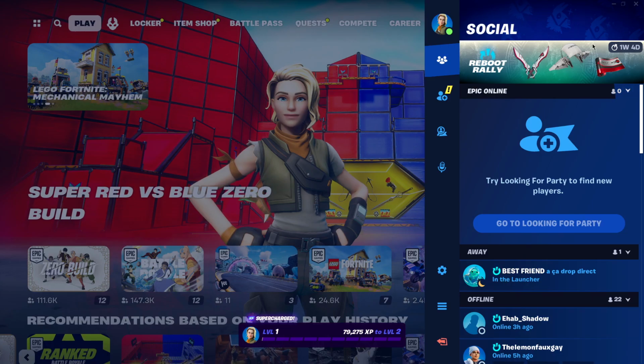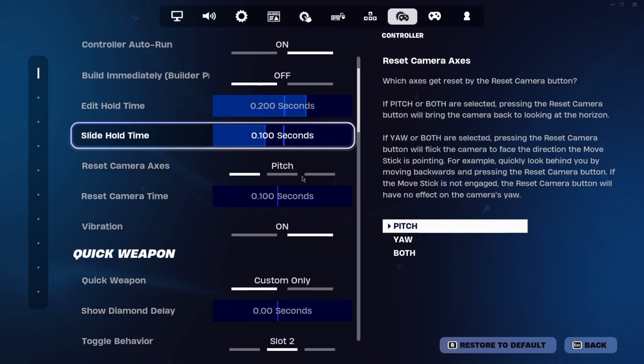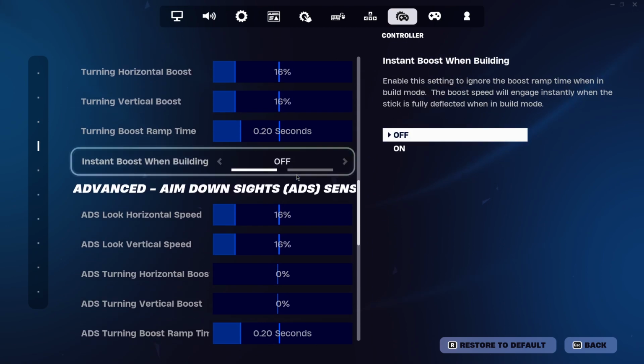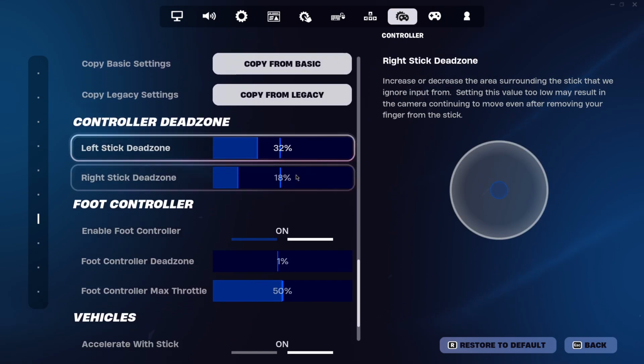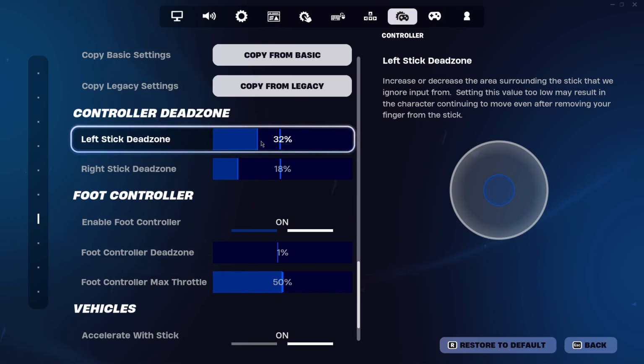First of all, press on the profile icon, then press on settings, then go to controller, and then scroll down until you see controller sensitivity. Then you need to locate which stick is having the stick drift. So for example, if for me left stick is having stick drift, I will select this and then apply the